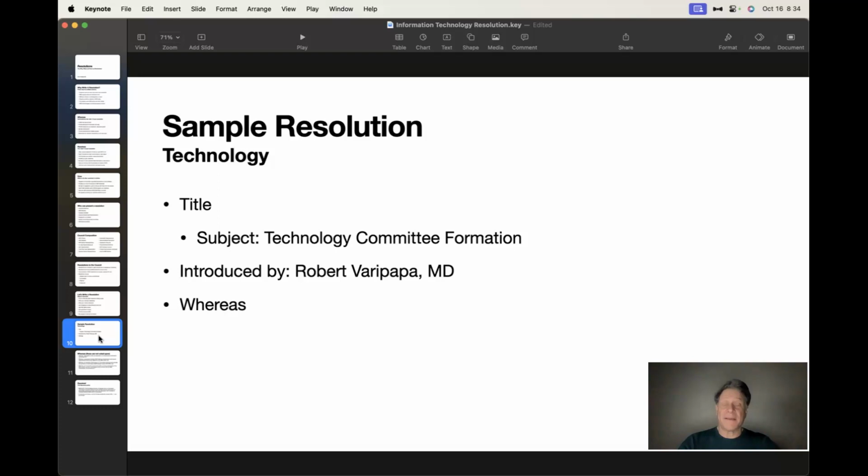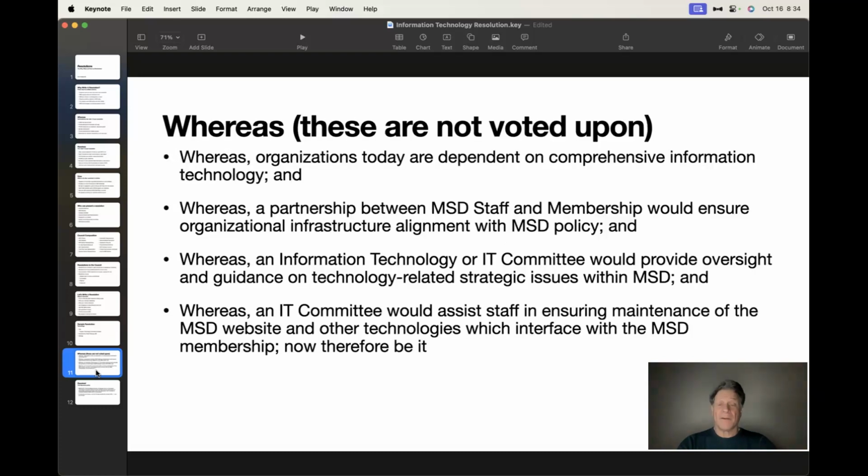I wrote a quick sample resolution just as an example for you. This one's on technology. The title under subject is Technology Committee Formation, introduced by Robert Varipapa. Whereas, and again, these are not voted upon. I'm not going to read all these, but basically they're just statements talking about the reason for presenting this particular resolution.